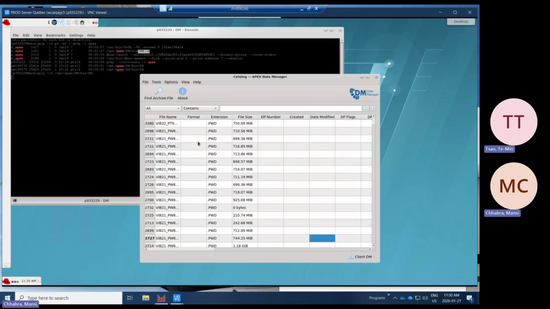So if the users reach out to you, this space will look empty. Okay. So they will tell you that the application is stuck or the master DM is stuck and they are not able to archive this data. So in that case,